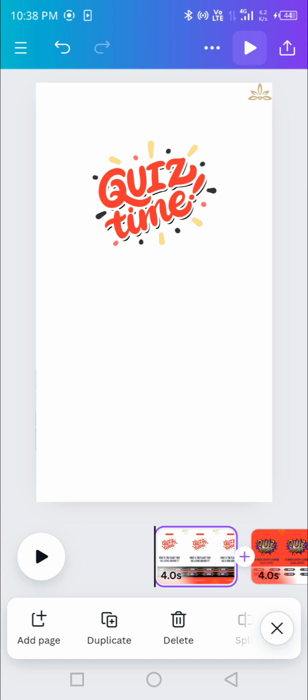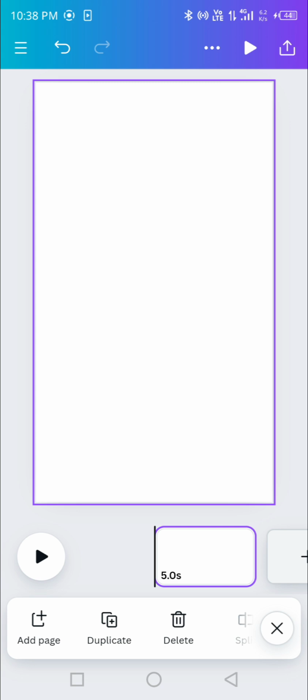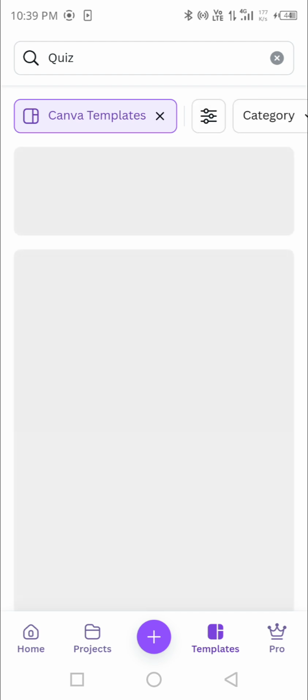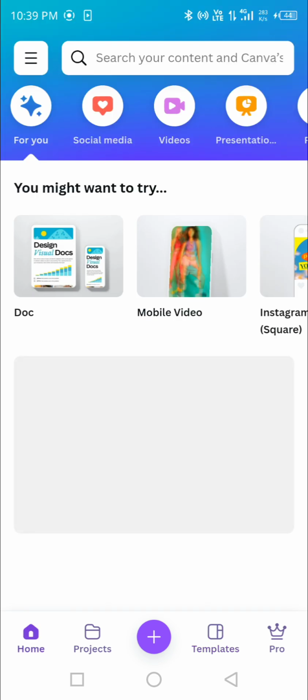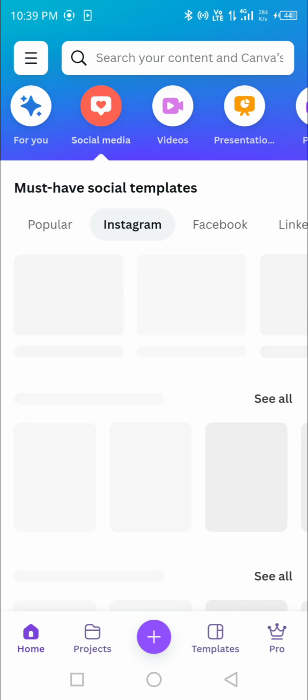Okay, so what we are going to do, I'm just going to delete all these templates. So here I have selected one Instagram story size template. You can see this blank, or let's go back, and then from the home page we will be selecting Instagram story, a blank template. You can see it right here. So I went to home, then you can see I went to social media, Instagram story, and from Instagram story